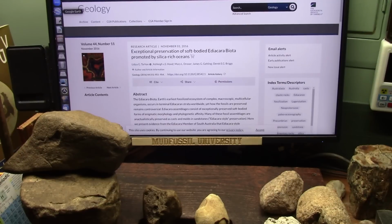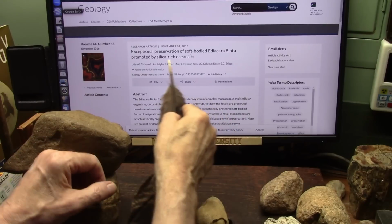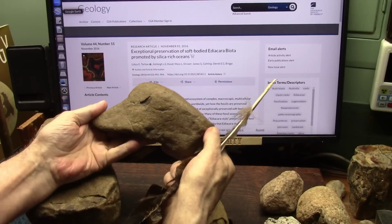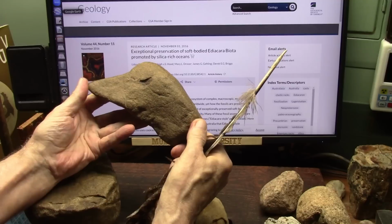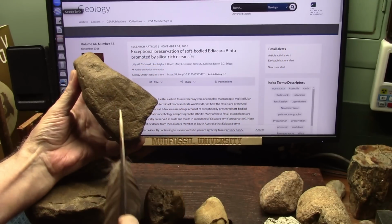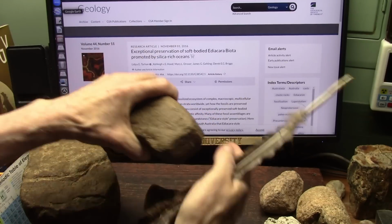All right, so anyway, Yale has agreed that there was a worldwide flood, and it created these exceptionally preserved soft-bodied creatures from these silica-rich oceans. I agree 100%. This is, my friend, a Caesar. He's a goose. Caesar Augustus. There's his feathers right there, and he died flat in the flood,